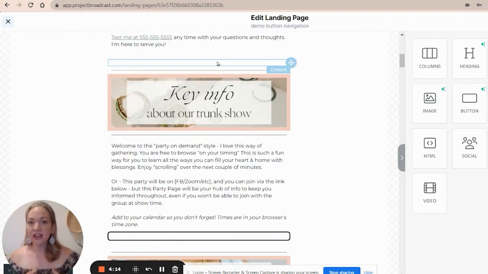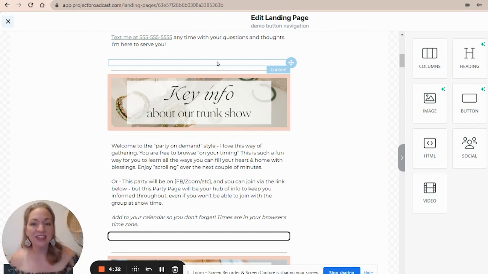Now this code block is going to be completely invisible to the naked eye. If someone's just scrolling on your page, they're not going to see anything there. It is solely for the benefit of the person's computer browser, so that it knows behind the scenes that there's something special about this spot on your page.